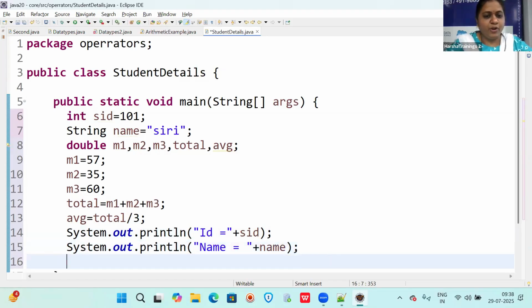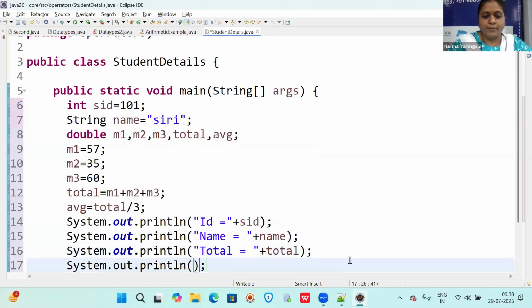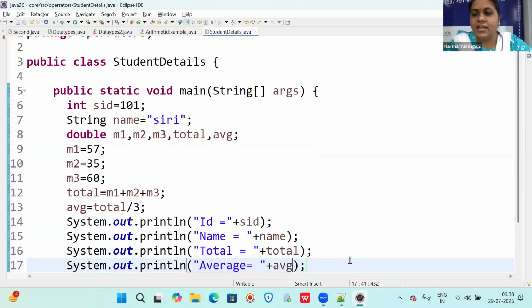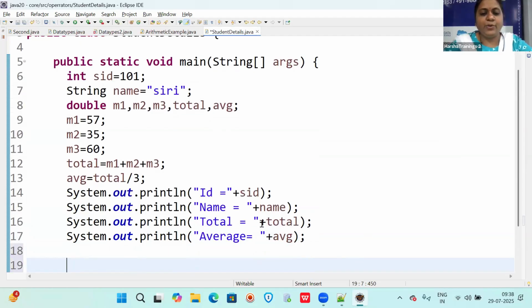And then you want to print directly total and average: system.out.println total is equal to, and then plus total, and then system.out.println in double quotes average is equal to, and then plus AVG. So like this. Got it? This is how we have to write: ID, name, total, and average, printed in different lines.